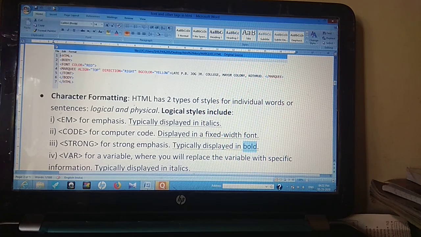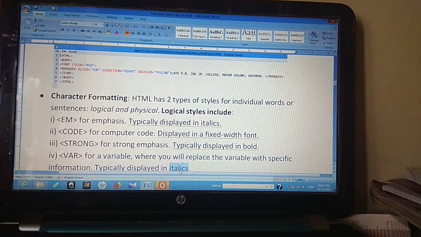Then comes the VAR tag, which is used for variables, where you will replace the variable with specific information. So in the variable tag, if we are using any kind of variables assigning some information, we can change the font by using the VAR tag. It is displayed in italics.